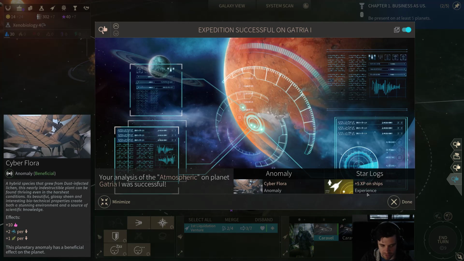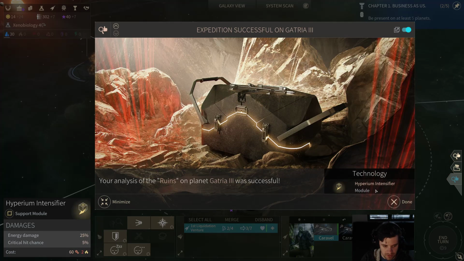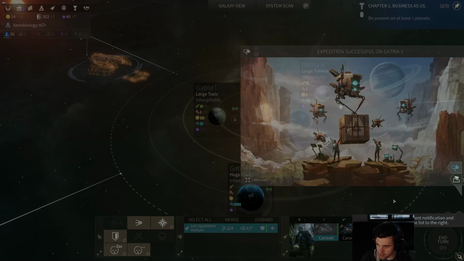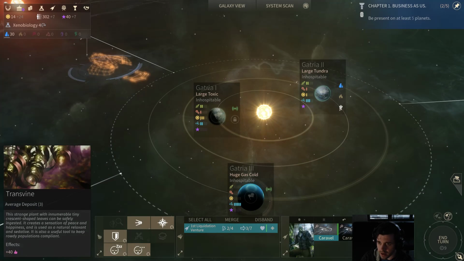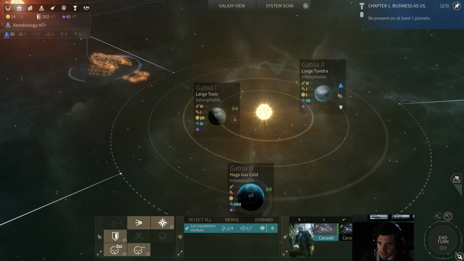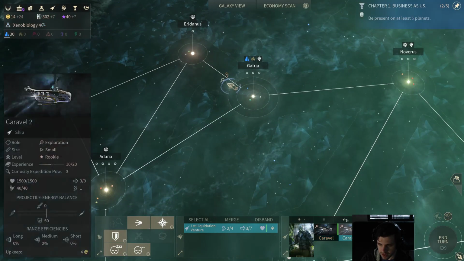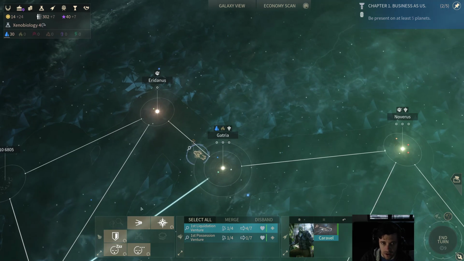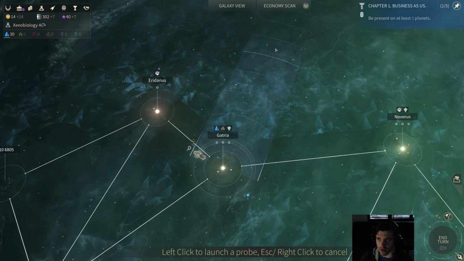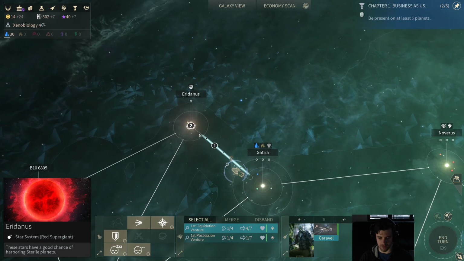So I've got Cyberflora, it's a nice one. Oh, a little module to boost energy damage and critical hit chance, that's good to know. And some more Transvine on the Tundra. So this place is looking pretty nice. Alright. Now, Mr. Caravel and Mr. Caravel 2 over here. They're going to want to...